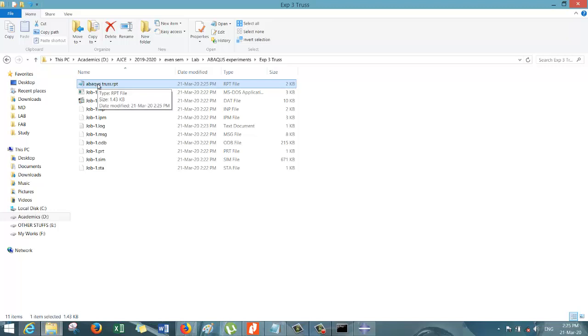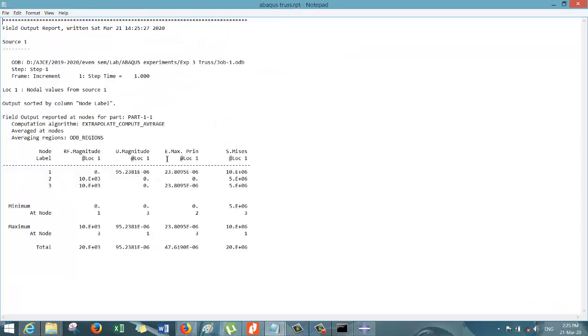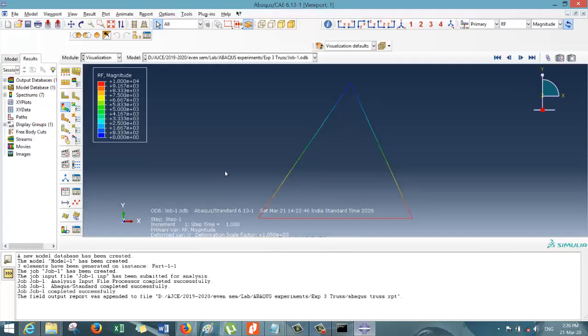So you can open it with a notepad. So you can see that 3 nodes are there, 3 elements are there, and the maximum value of reaction force is here, maximum value of displacement is here, maximum principal strain is here, and maximum value of stress is here. Hope you understood this experiment well.